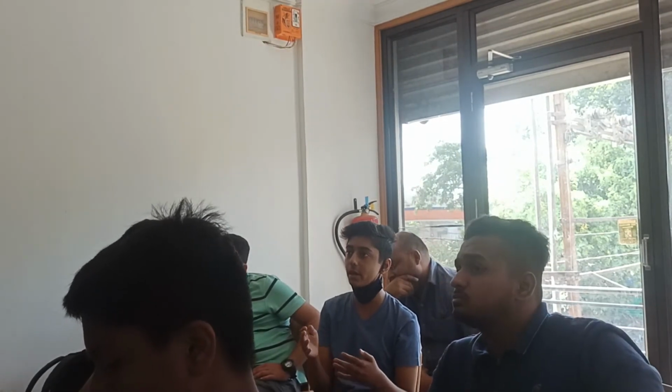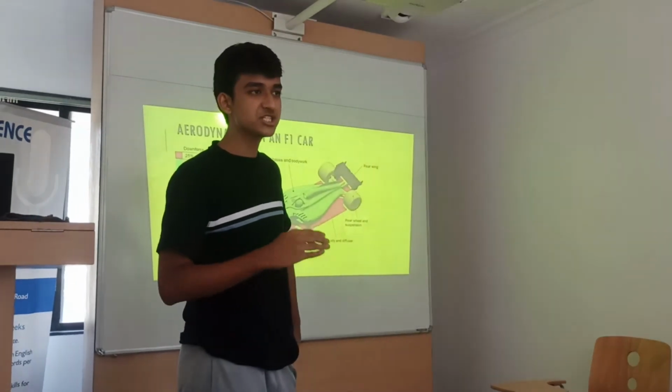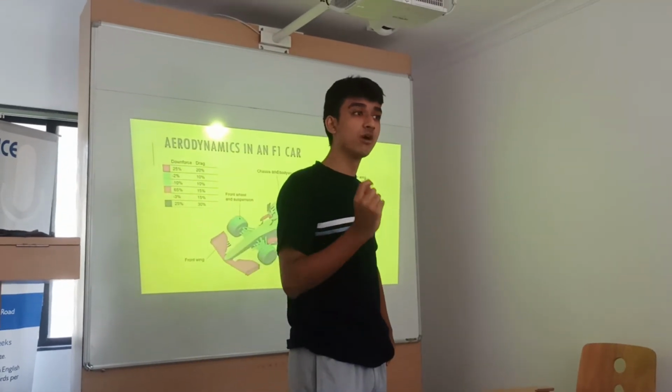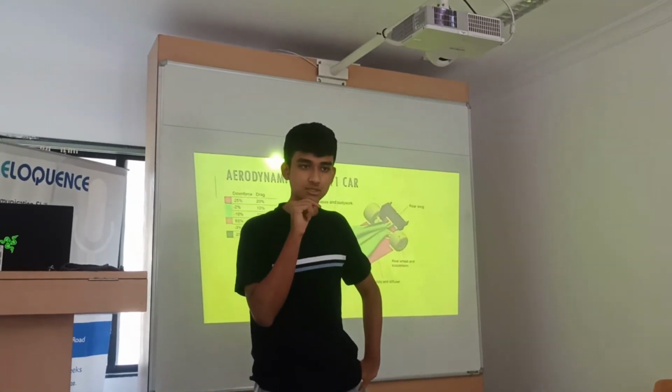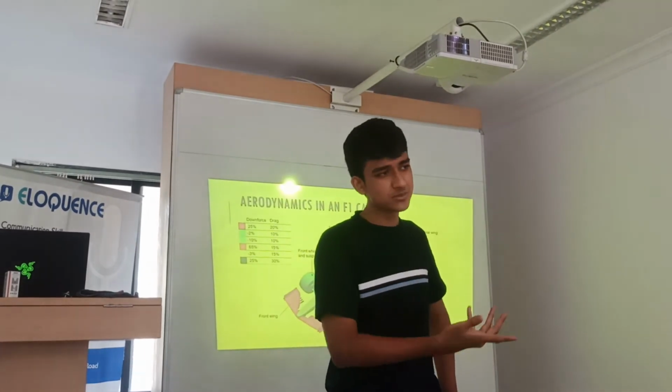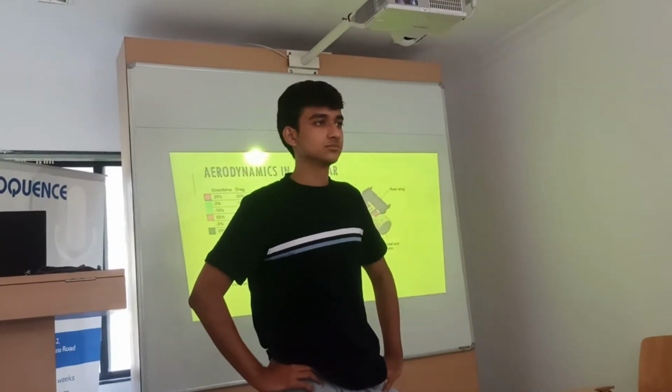My question is also something related to that. The Venom GT has the highest speed of about 440 kilometers per hour, whereas the highest speed noted by a Formula One car was around 390 kilometers per hour. Yeah, that 390 was a Honda car which was tested on the white sands. It is not in a race. The highest measured speed on a racetrack is, I think, 351 kilometers per hour in 2017. It might be more somewhere, but in recent time these are the highest. It was about 350 kilometers per hour, and for the Venom GT it was about 425.